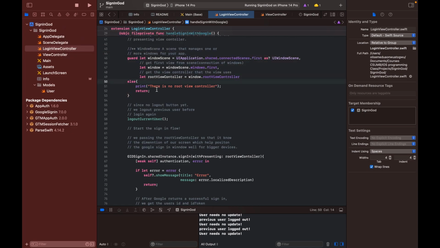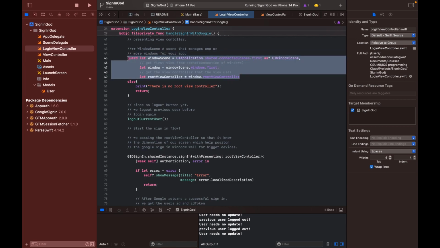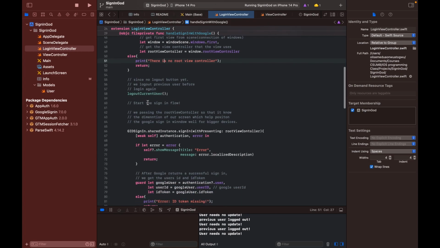Okay, if we can get all this information, else we'll say there is no root view controller. Okay, remember the goal for all this is to get the root view controller. Then the next thing we're going to do,